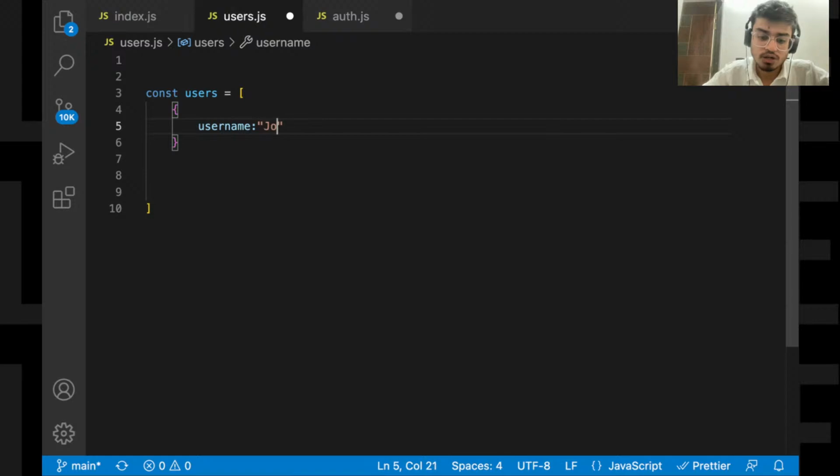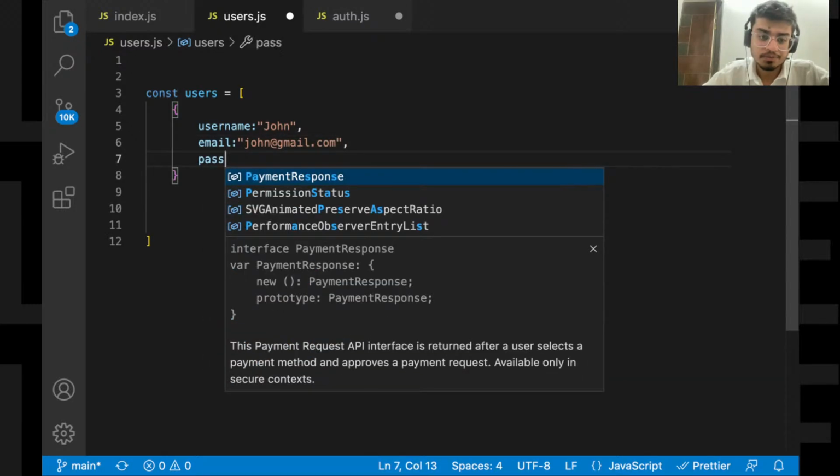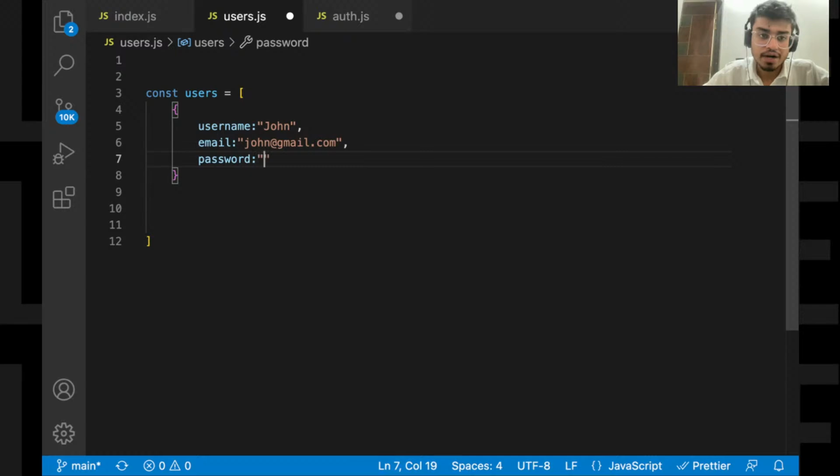Let's say John, and email is john@gmail.com, and then password. Right now I'm entering the password like this. Later on we'll be using bcrypt.js. Okay, fine. So we created one user.